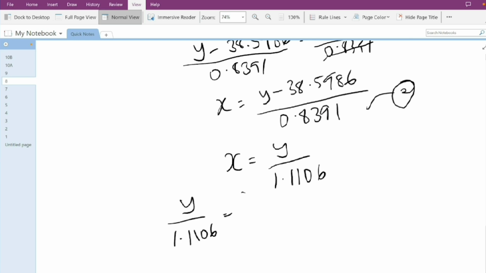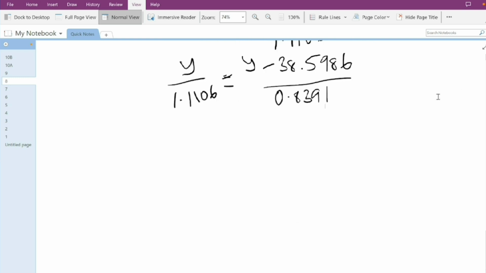So we can take it as y over 1.1106 equals y minus 38.5986 over 0.8391. Don't be afraid of the decimals, you just cross multiply like usual math. So you have 1.1106 times y minus 38.5986. This 1.1106 affects the y and the 38.5986. So it's